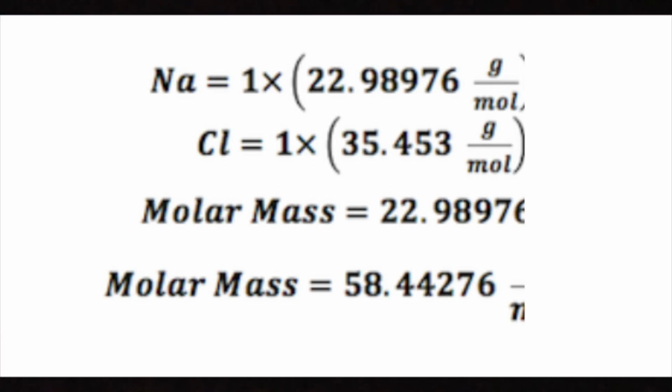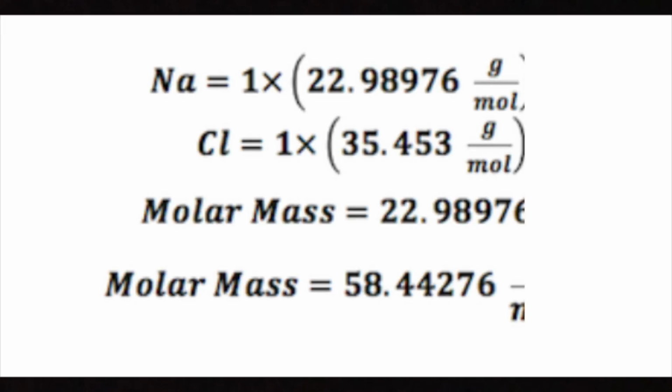Here are some examples of molar mass. The example on the screen is the compound sodium chloride. We must first figure out the weight for sodium. From the periodic table, we could tell that the weight for sodium is 22.98976 grams. Then we take into account that there is only one of sodium. With this information, we can find sodium's total mass, which is